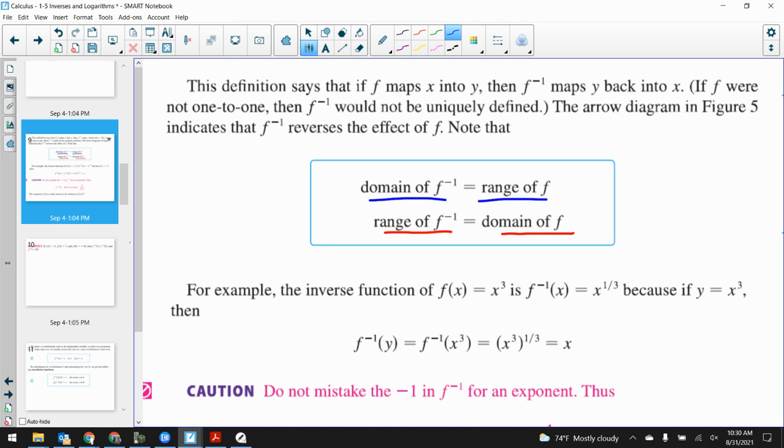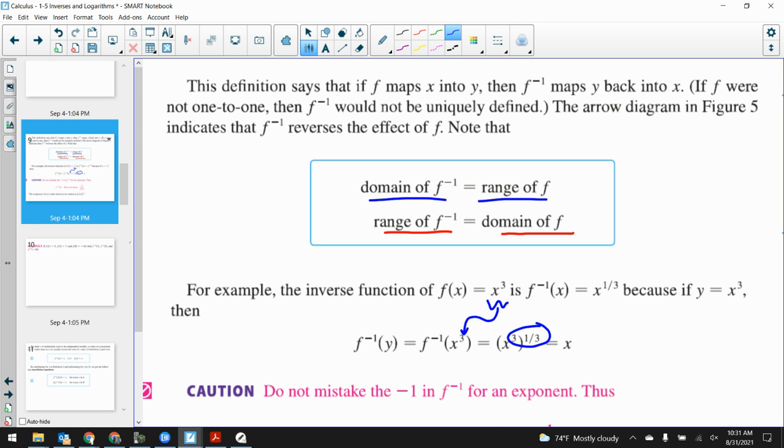How do we get that? Because it would be the cube root of x, right? The cube root of x. Because if y is equal to x to the third, then take a look here. If I plug in x to the third into f inverse, what happens? It undoes whatever was being done. Look, x to the third to the 1/3 power, to a power we multiply, that just gets us back out